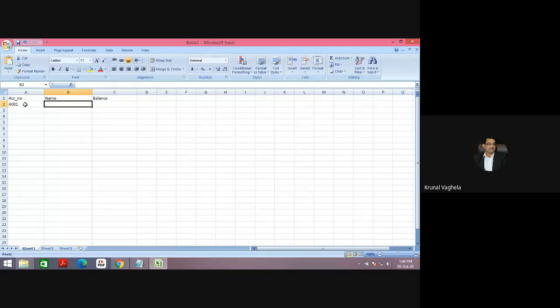A001, name for example, and balance. For example, this is our account table, and consider here this is the loan table where the attributes are loan_number, account number, and loan amount. I am taking this account number as my foreign key.